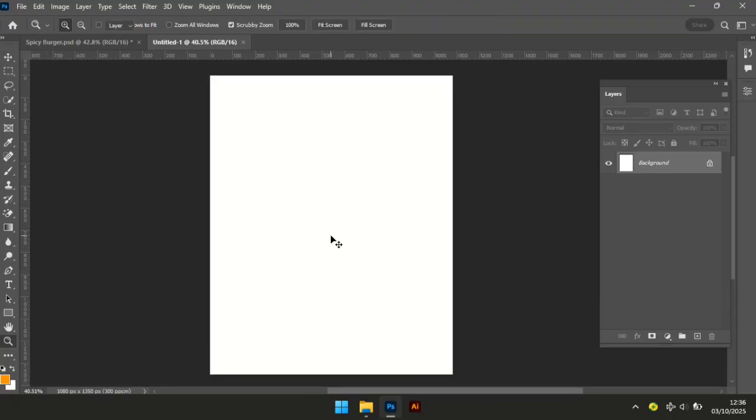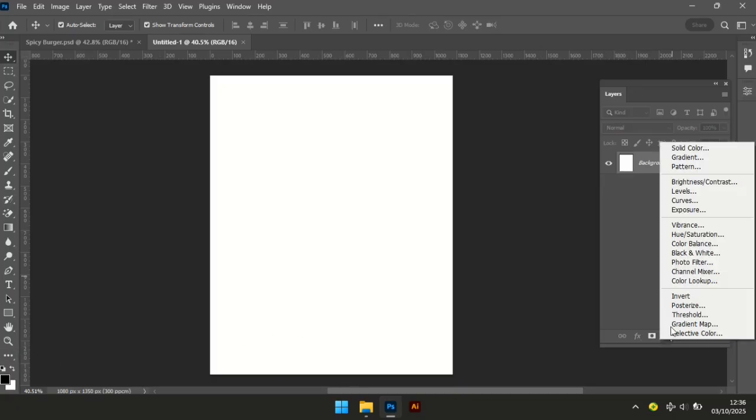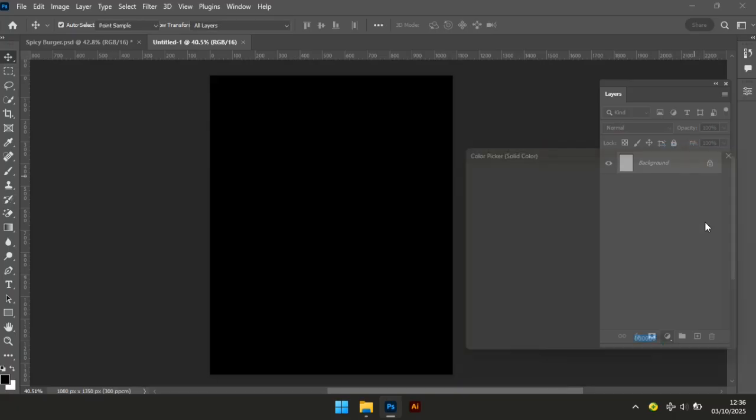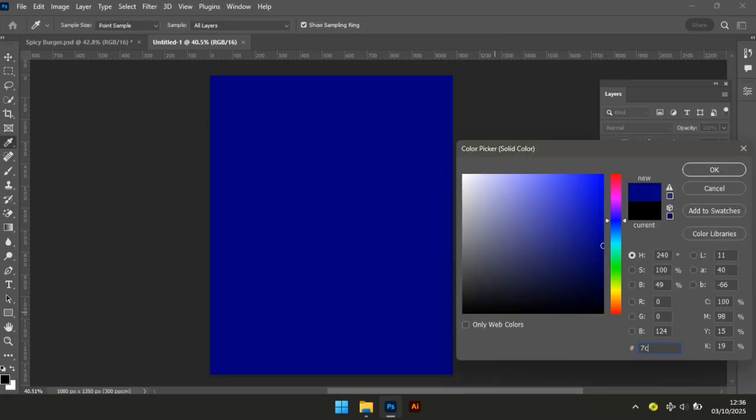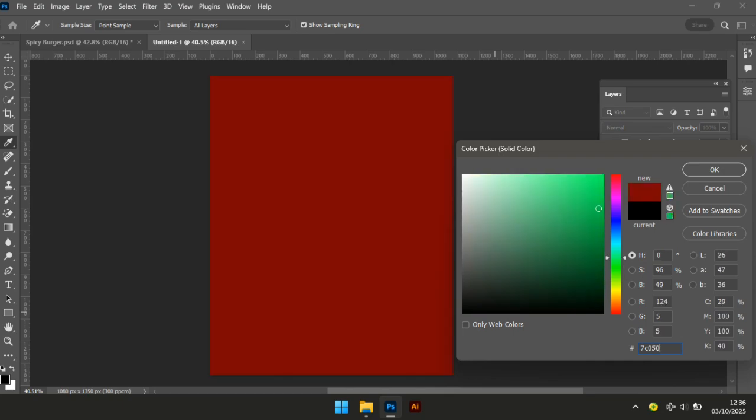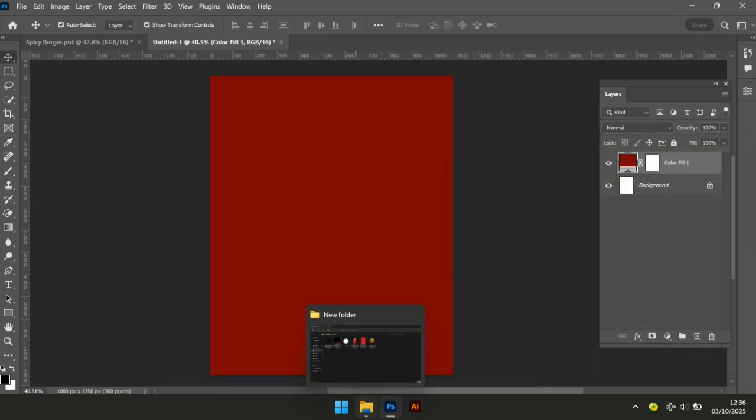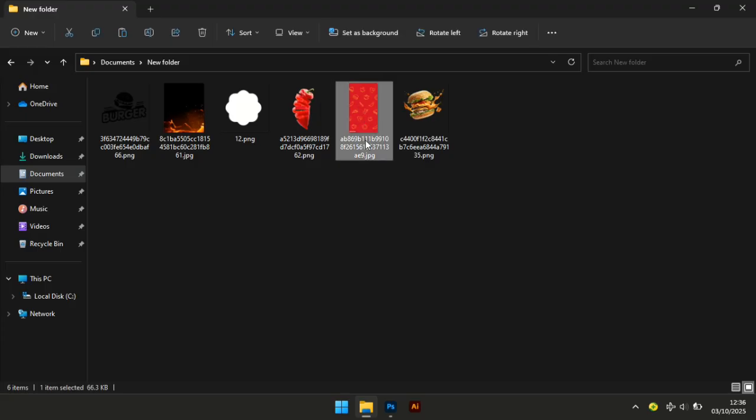Let's adjust everything. Make this black. And yeah, so first of all, we're going to create a background. During that, we're going to create a solid color, and the color code for that is 7C0505, a very dark red. Then after doing that, I'm going to bring in this